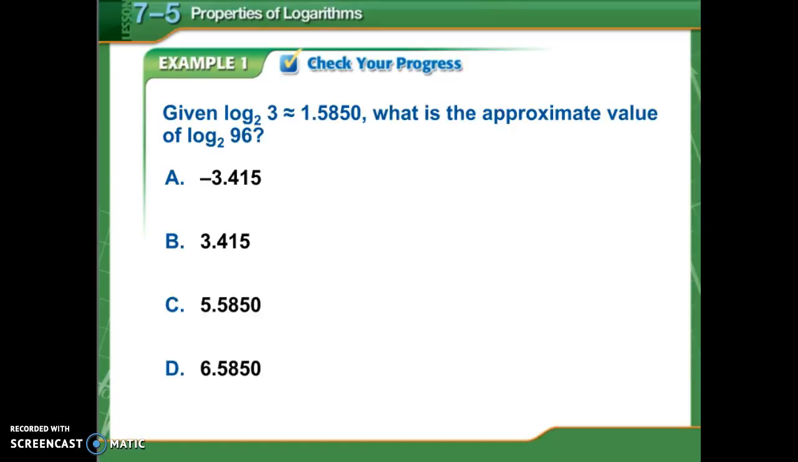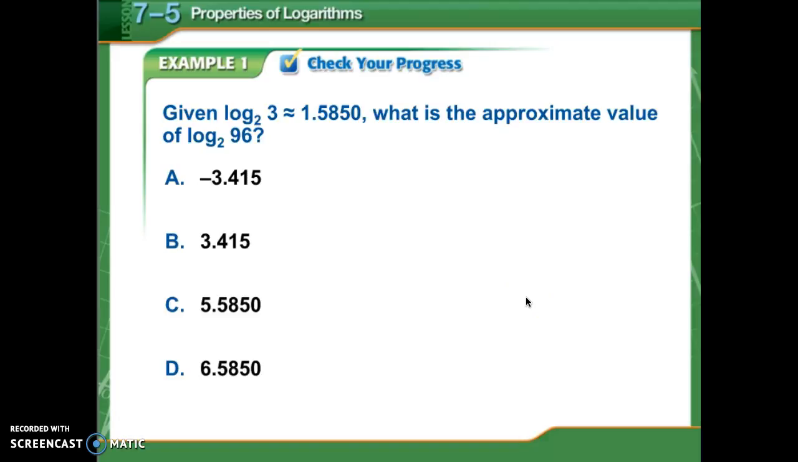All right, check your progress for example 1. If log base 2 of 3 is about 1.5850, what's the approximate value of log base 2 of 96? Moving on to the next screen for our answer, we get D, 6.5850, which tells me, remember that 3 times 32 would give us 96,